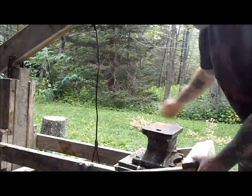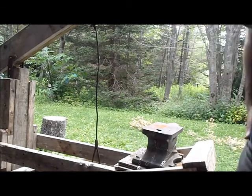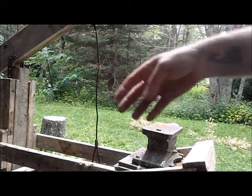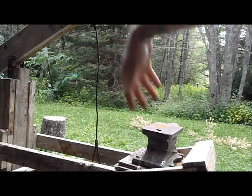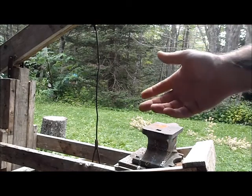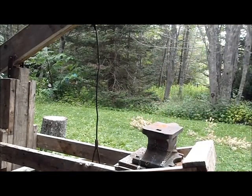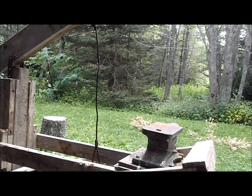You can see once I move it up here, it takes a lot of that pressure off. But if I don't plan on using it for long periods of time, I can just loosen the turnbuckles and get less pressure on the spring, or I can pull the ball all the way off if I go away for a long period of time. You know, Navy guys don't ever do that, right? Anyway,